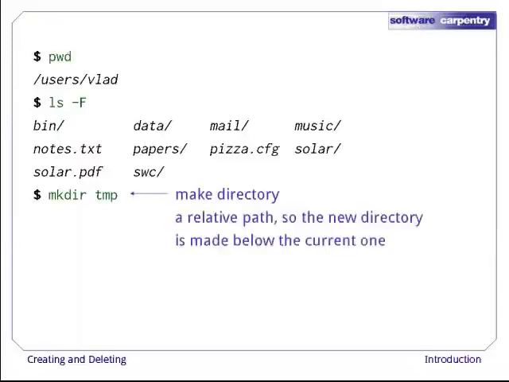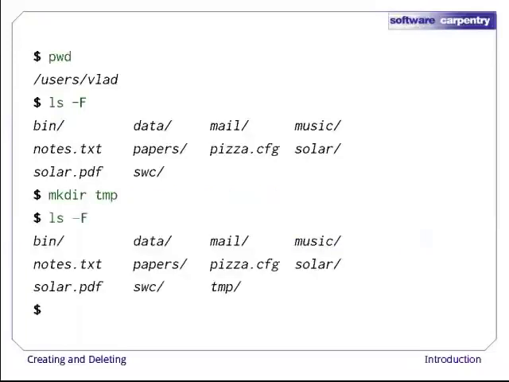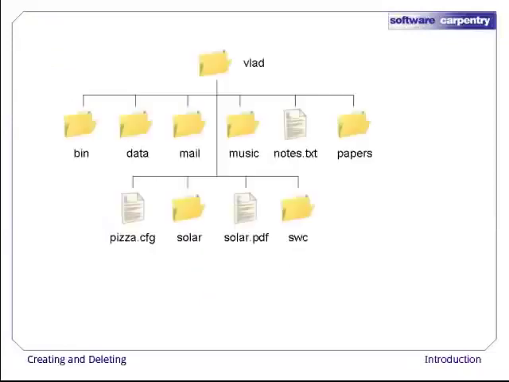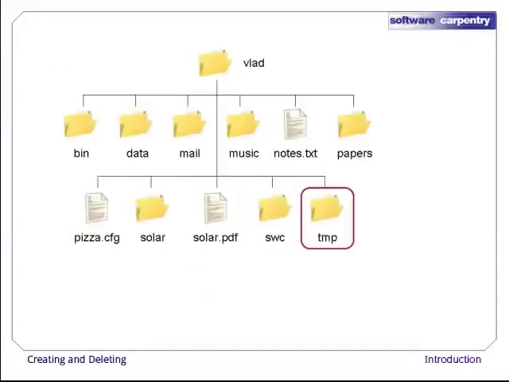Since temp is a relative path without a leading slash, the new directory is made below the current one. Let's run ls again. There's our directory. Graphically, we started with this directory tree and created the new directory here. However, there's nothing below it yet. Temp is empty. Alright, we're in /users/vlad and temp is empty, which we can tell because ls doesn't print